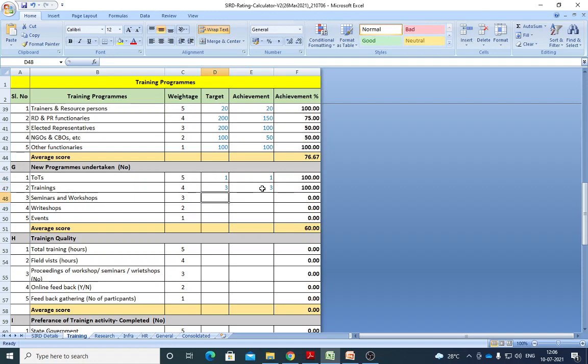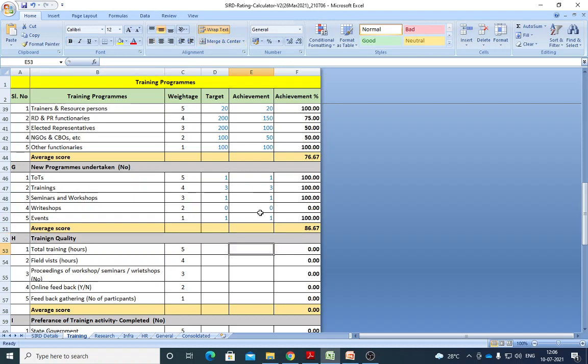Please understand. And seminar, I got one for the specific agenda for my state people. So the state government requested to go for the workshop and training programs. Yes, I have done it. And then workshop, I have not planned anything. I have not got any request. Okay, fine. And event, I have done one good event for the state level, or MORD assigned a state level training awareness event kind of thing. So I have done those things.